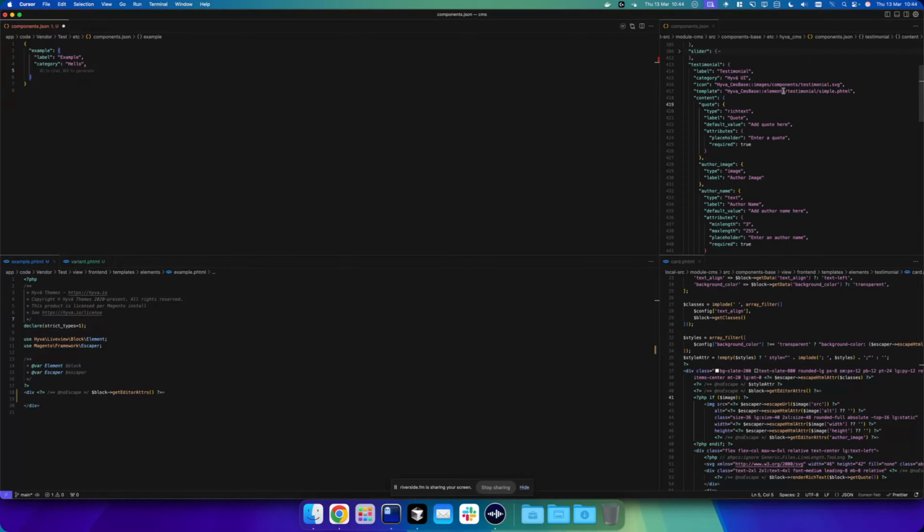And for template, if no template's been passed, then we'll just default to where we expect it to be, which would be inside of the template elements, an example. But if we want to point somewhere else, we'll pass in a template.